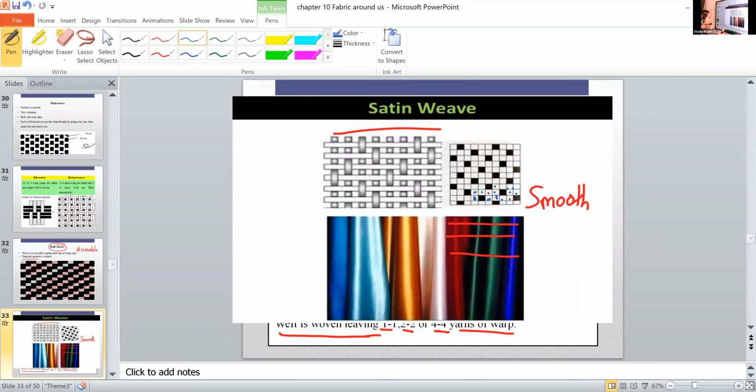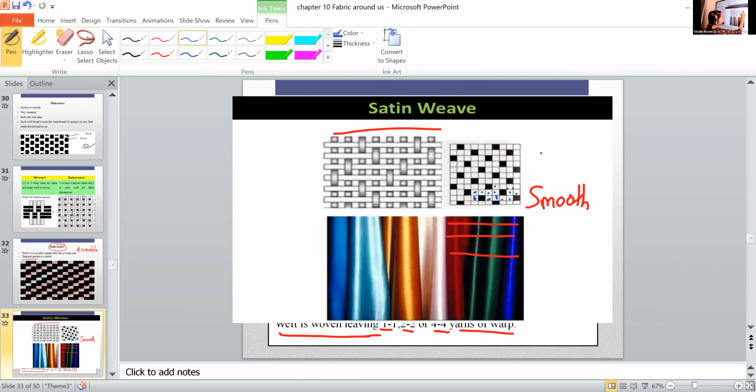The weft yarns leave some warp yarns, that is called satin weave. This is the main characteristic of the satin weave. Due to this, the interlacing is less here, right? Than the plain weave. In plain weave, the weft and warp yarns are alternately interlaced. But in satin weave, there is limited interlacing.